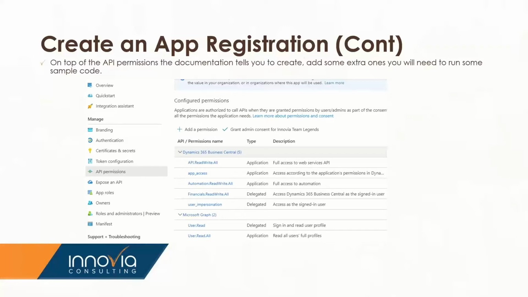And this next slide is just to let you know all the app permissions that I've assigned the app registration. The walkthrough in the Microsoft documentation only has you add a couple. I have you add more because you might be running some example apps that need more authentication. For instance, Microsoft Graph. It's a good idea to get that downloaded and get a sample app running, so you can test your Business Central